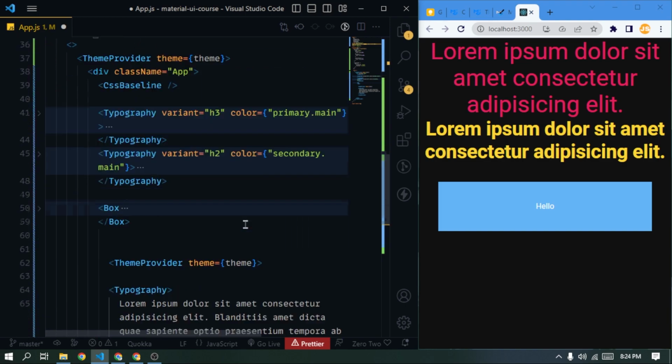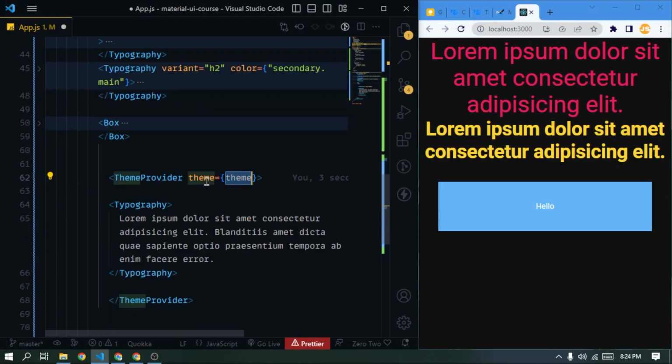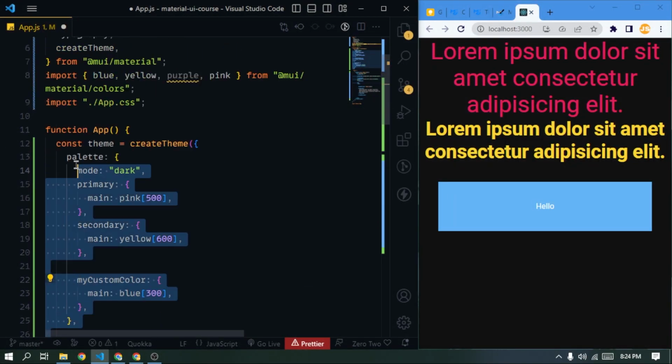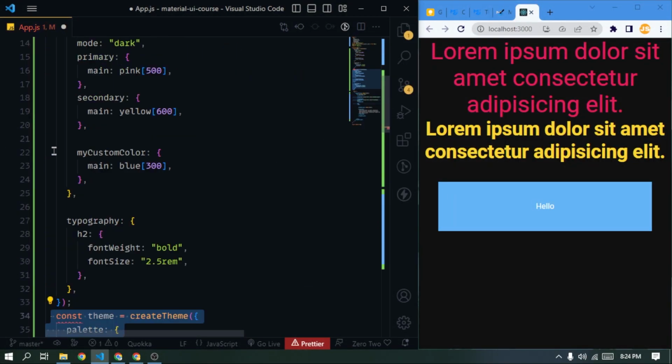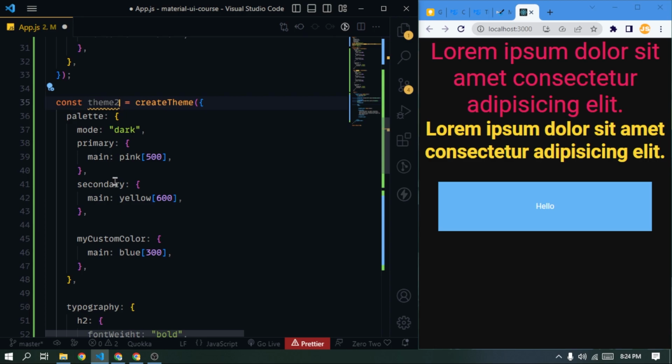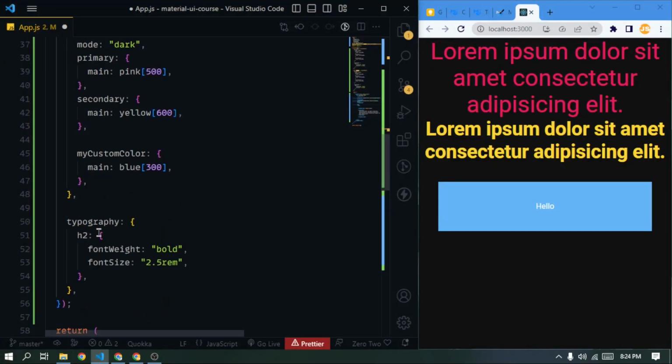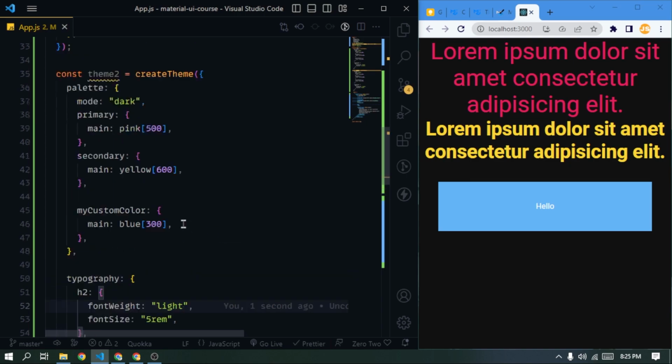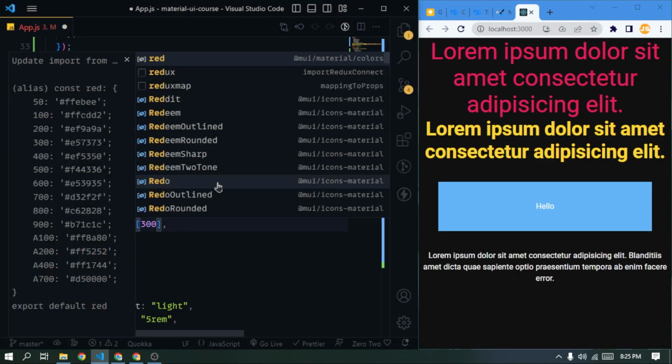So I will pass another theme here, so that the default values actually change. I will copy it, but I will change the name, and I will change the values here. I say font here, it will be h2, but font size will be, suppose, 5 rem, and it will be not bold but light, and my custom color will not be blue, it will be red 300,